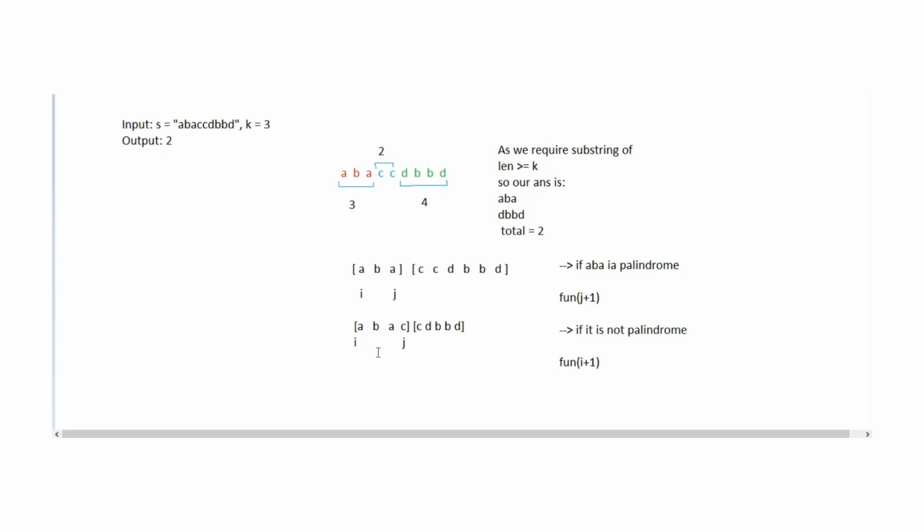Here is the catch: now our string is not a palindrome. So what can we do? Now we need to do backtracking. So we backtrack and our J comes to this point A, and now our window becomes smaller and our string becomes ABAC. We check for the second part of the string, that is CCDBBD, as ABAC is not a palindrome, and we do this till we reach the end of